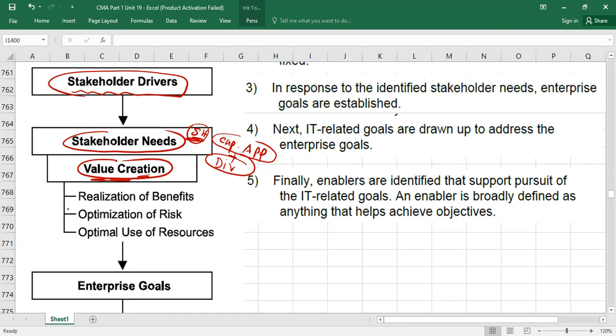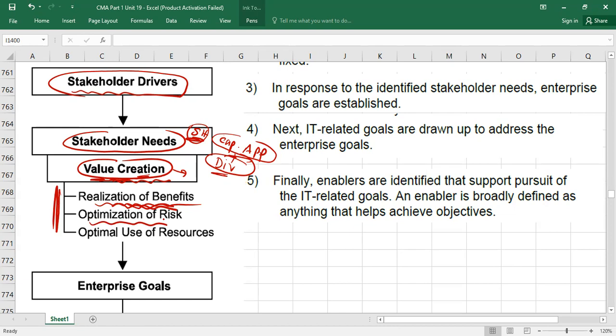So under value creation, you have to focus on three things. First, realization of benefits. Obviously, if you are in profit, which is called value created, you have to realize the benefits to the shareholders. What is the realization of benefits? Please don't forget the terminologies. Value creation means when benefits are more than cost, like profit. Realization of benefits means when benefits are transferred to the shareholders in the shape of dividend or in the shape of capital appreciation. That is called realization.